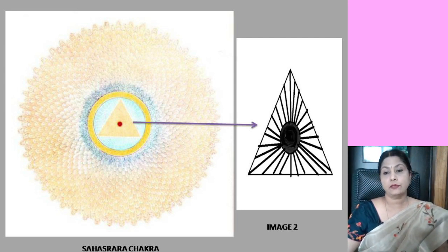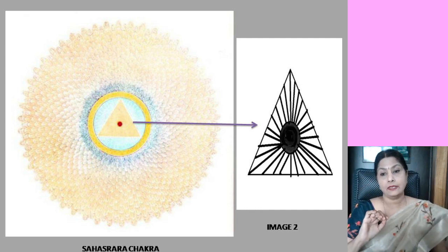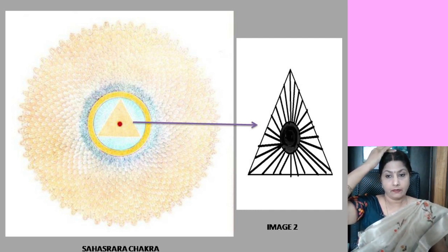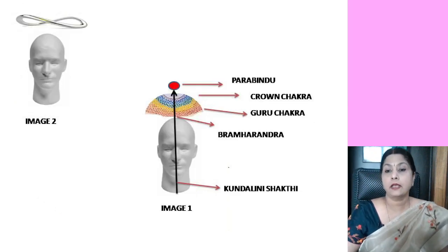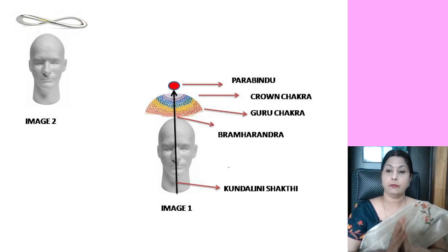But actually, this is not on the top area of the head, because the last chakra on the head is the Nirvana chakra or the Brahmarandra, which is here. This is how the Sahasrara chakra is located over our body. It is like an umbrella that is hanging over our body. And there are two chakras which are beyond the body.